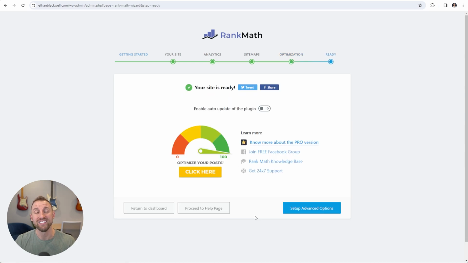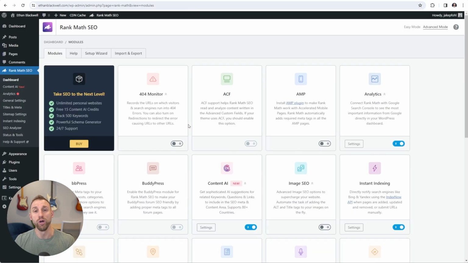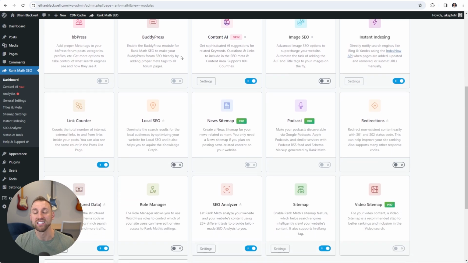All right, so that's how easy it is to set up the guided tutorial from RankMath. We're done here, and I'm just gonna click Return to Dashboard. And so here we are on the RankMath Dashboard. If you don't see this, you can get to it by clicking the RankMath SEO option on the left-hand side in your sidebar. And here are all of the different modules that RankMath has that you can use on your